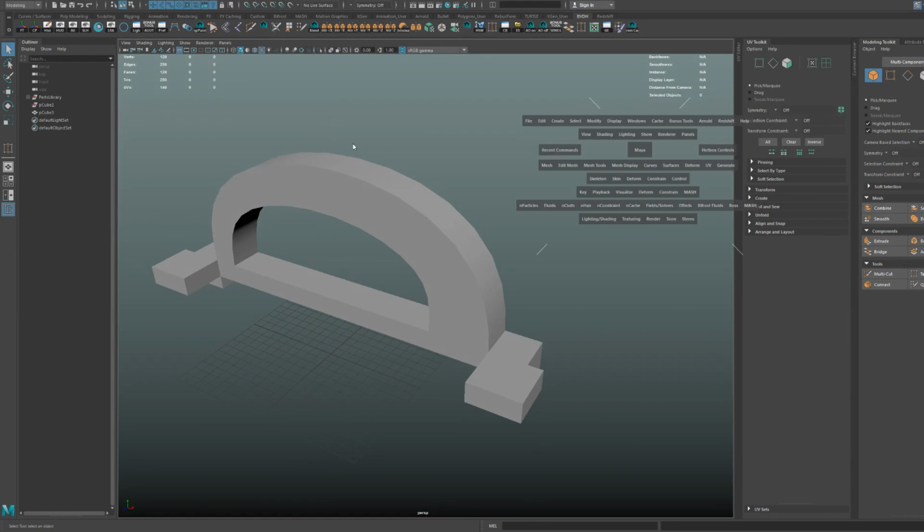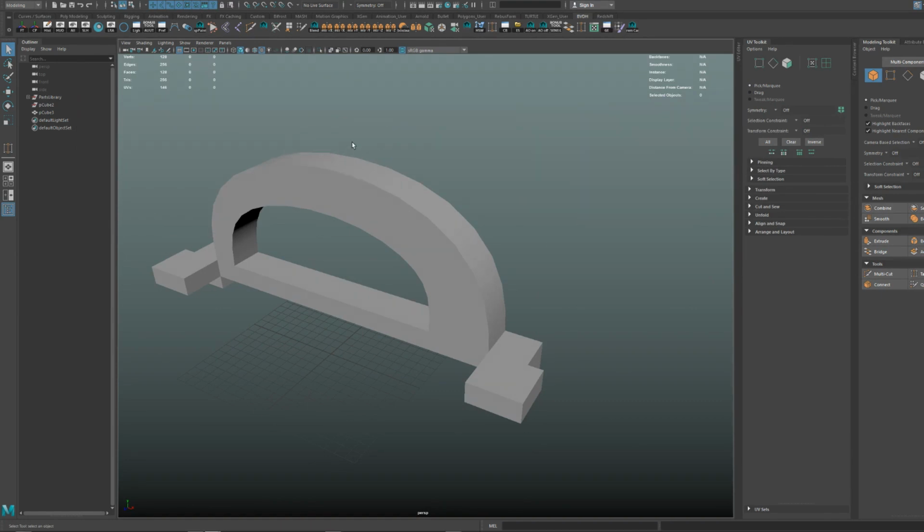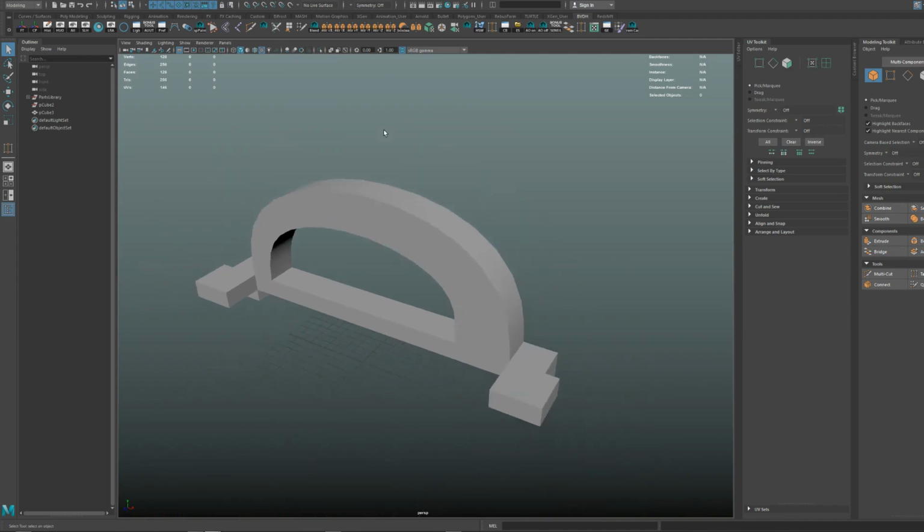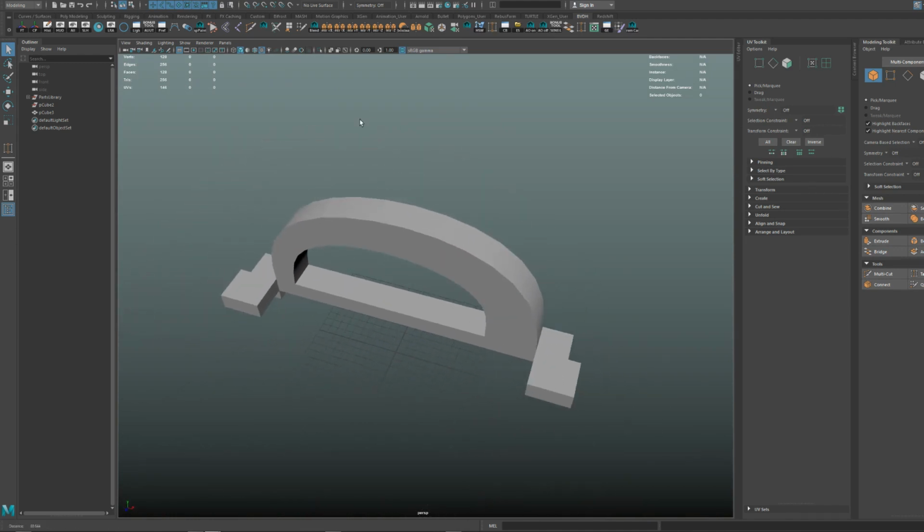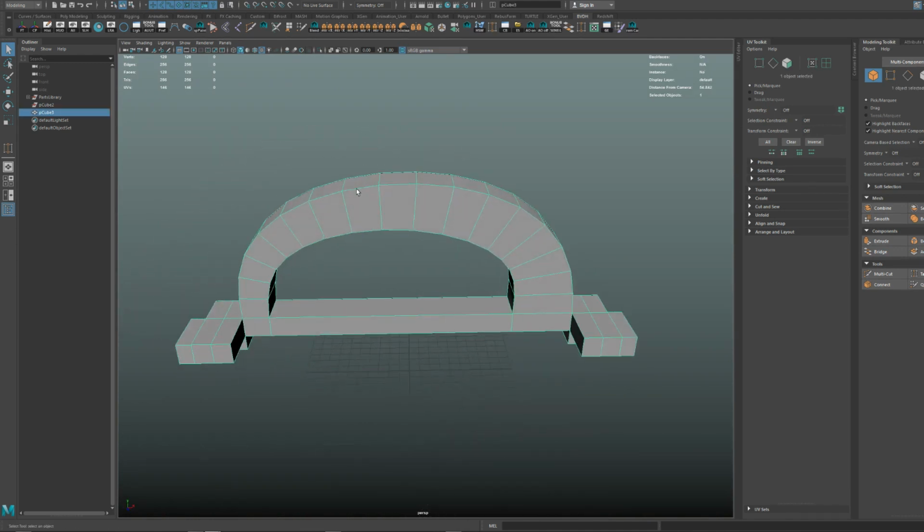Of course, you can put in these marking menus, you can put whatever you like, but so far this is what I find really handy. I never feel like something I use often is out of reach with all these shortcuts and hotkeys, modeling wise at least. There's plenty of room for improvement, but